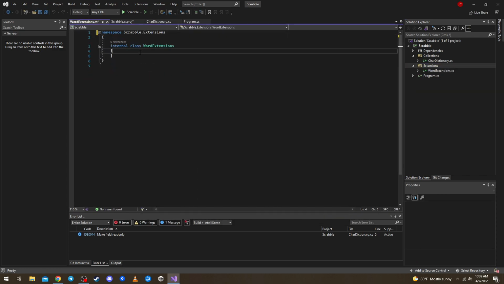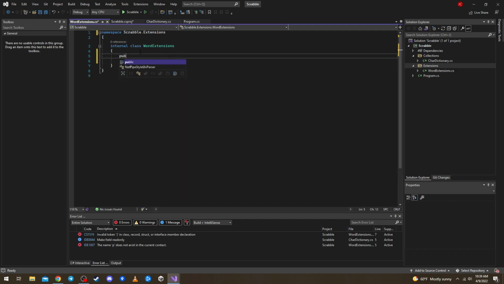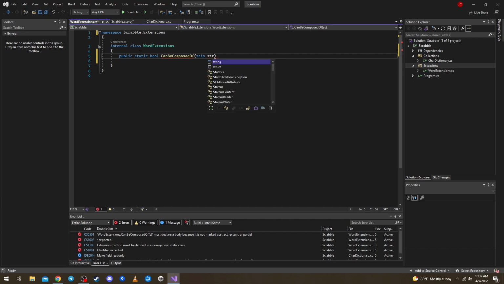Okay, first extension, let's call it the public static bool can be composed of, and this string source, and